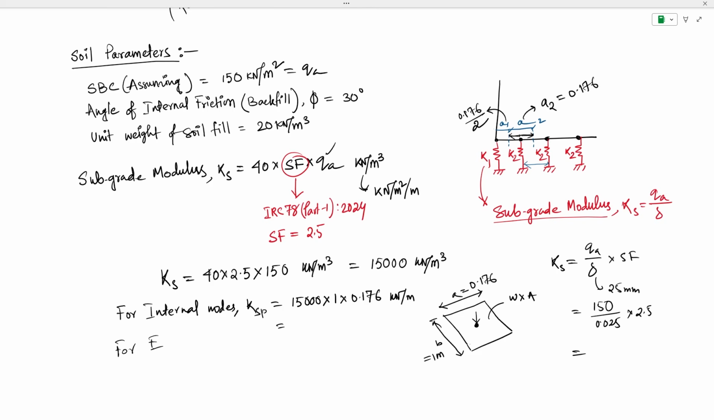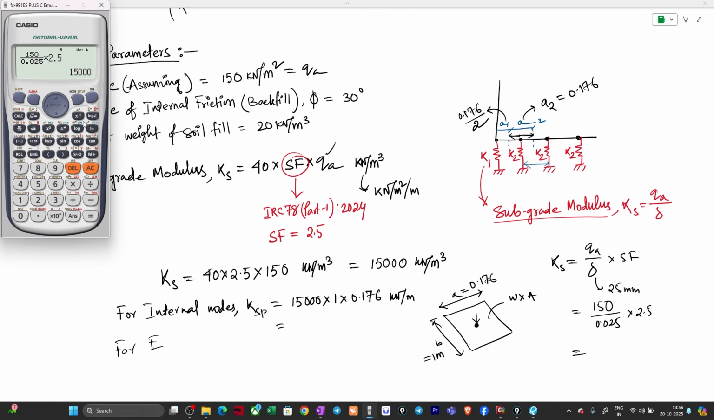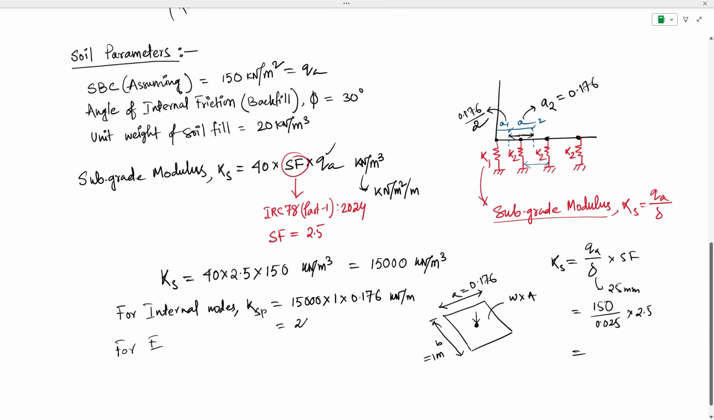If I just open my calci again, so 15,000 multiplied by 1 multiplied by 0.176, it will become 2640 kilonewton per meter settlement. So here again I am writing for the outer, or maybe for corner nodes, Ksp will become half of this, so it will become 1320, correct? 1320